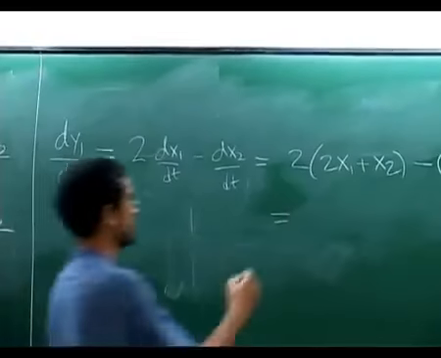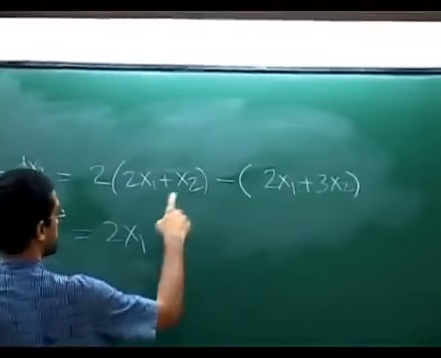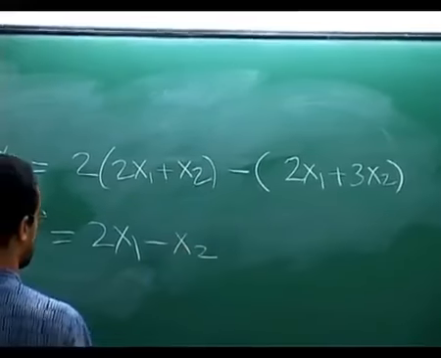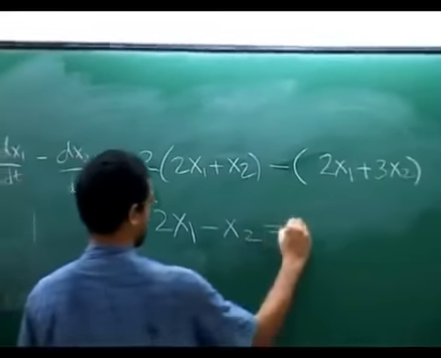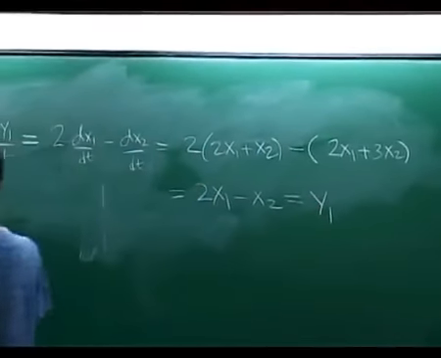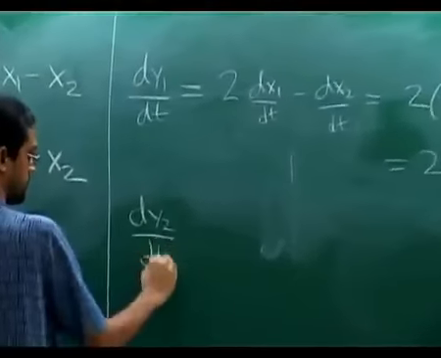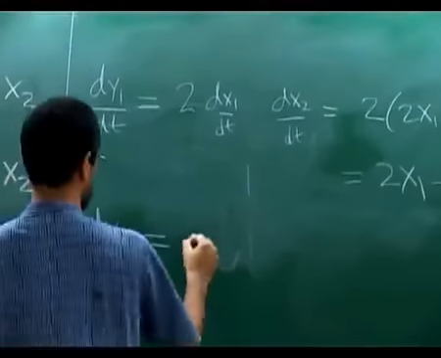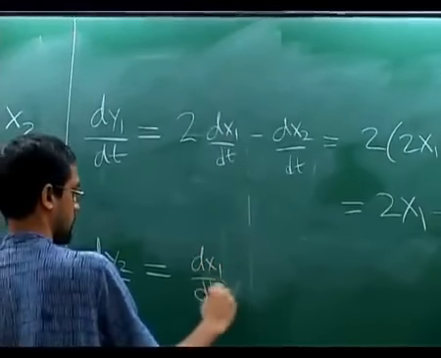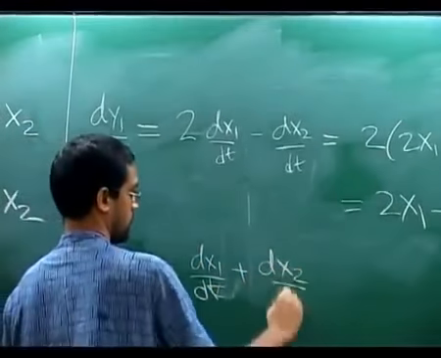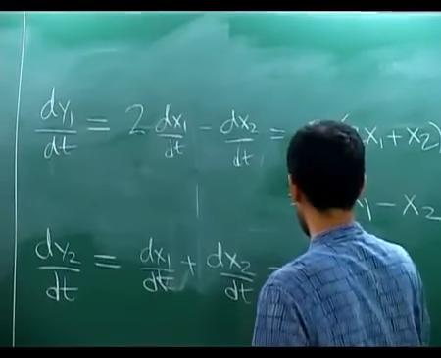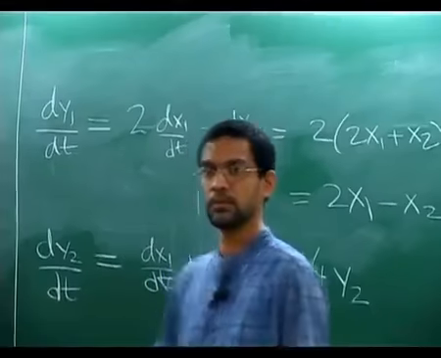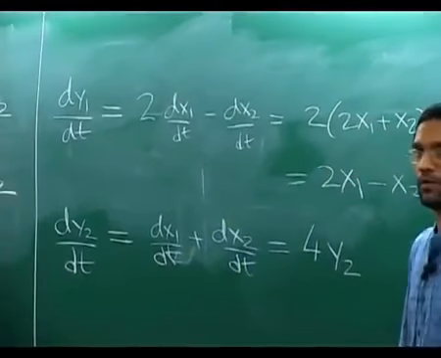2x1: 4 minus 2, and 2 minus 3. What is that? It is y1. Now let's do dy2/dt similarly. y2 is x1 plus x2, so it is dx1/dt plus dx2/dt. So I need to add those two things: 4x1 plus 4 times (x1 plus x2), what is that? Now what have I gotten?